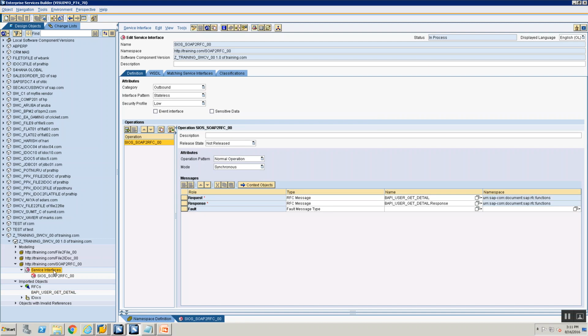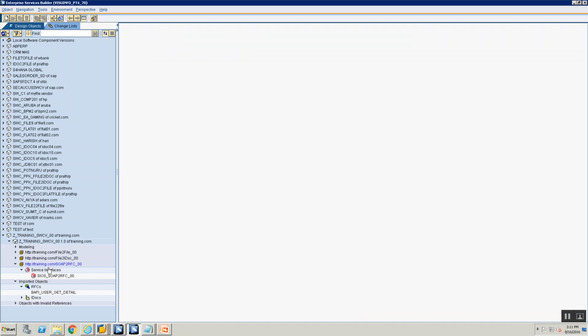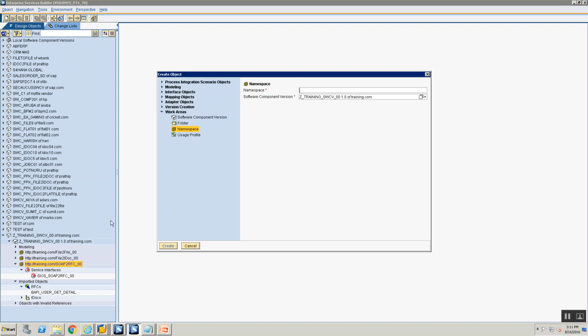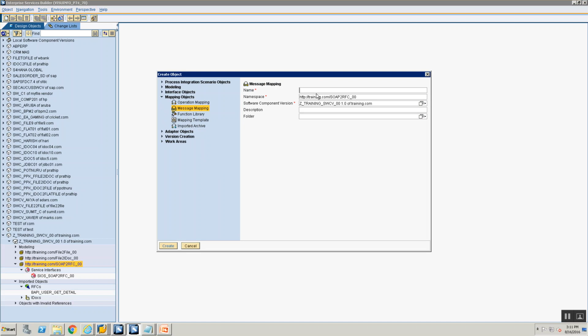So let's go ahead. Oops, something's wrong with my mouse. Okay, let's go ahead and say new. Let's go to mapping objects, select message mapping. So SOAP to RFC. And now the question is, how many mappings are we going to define?